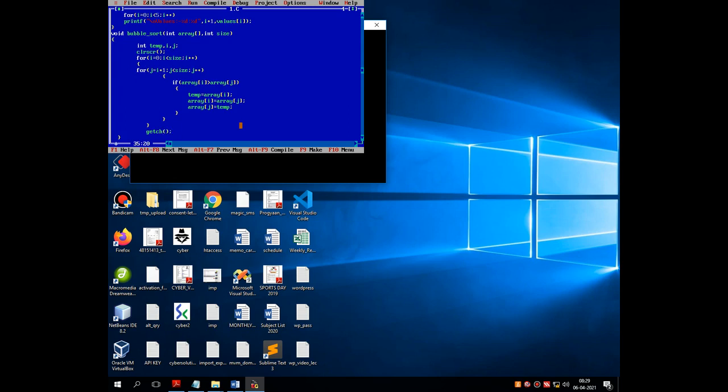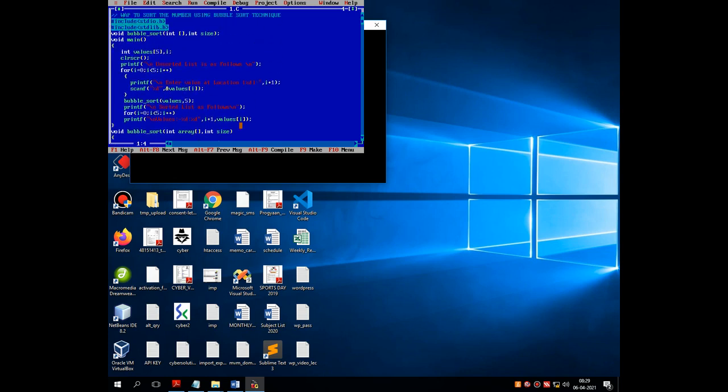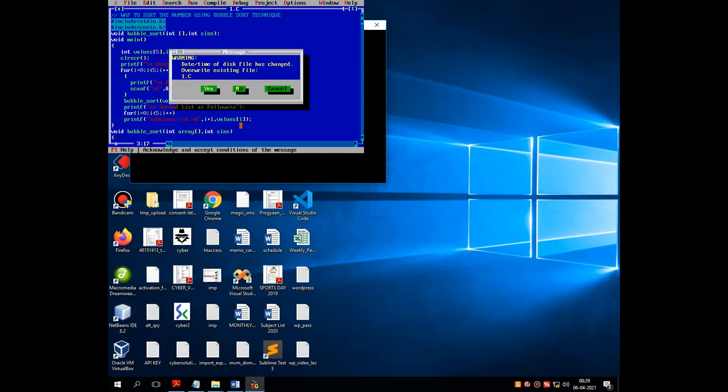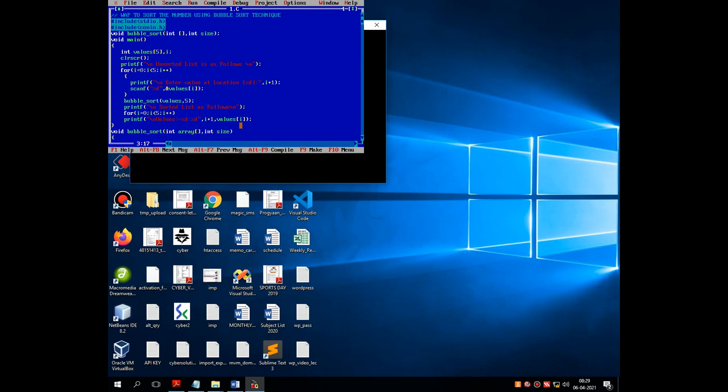So for that, what I have done first, I have declared the two library functions, that is hash include standard input output.h and hash include console input output.h.